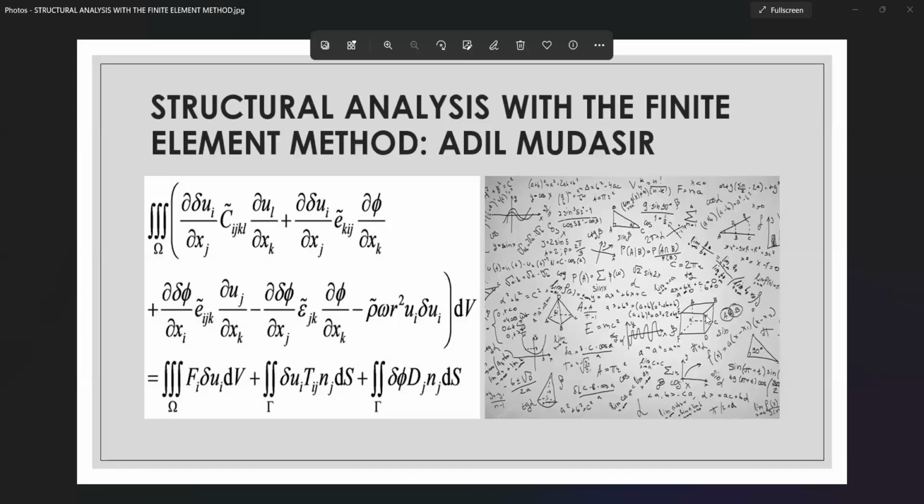I welcome all of you to my lecture series on structural analysis with the finite element method. This will be a consolidation series in the finite element method, particularly for the structural analysis. In this consolidation series, we'll be talking about the mathematical concepts of solving the structural analysis problems using the finite